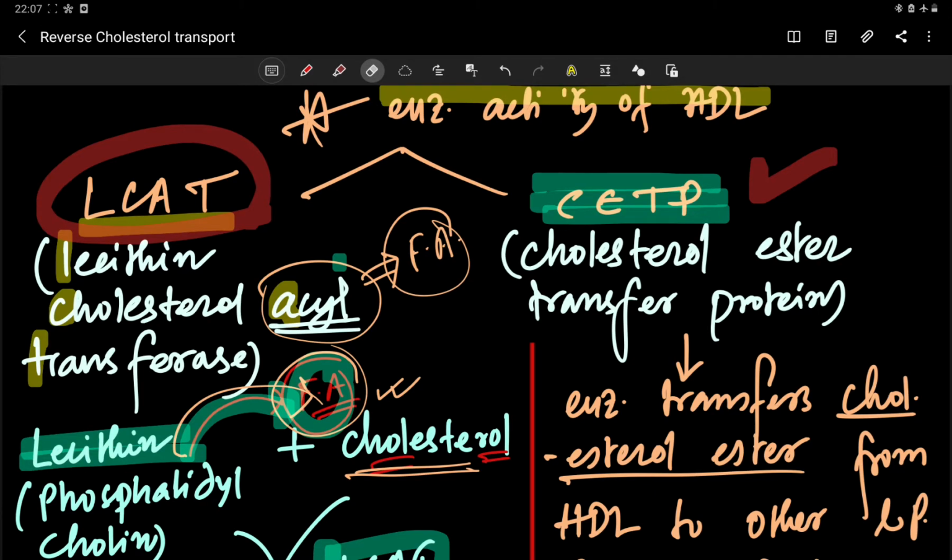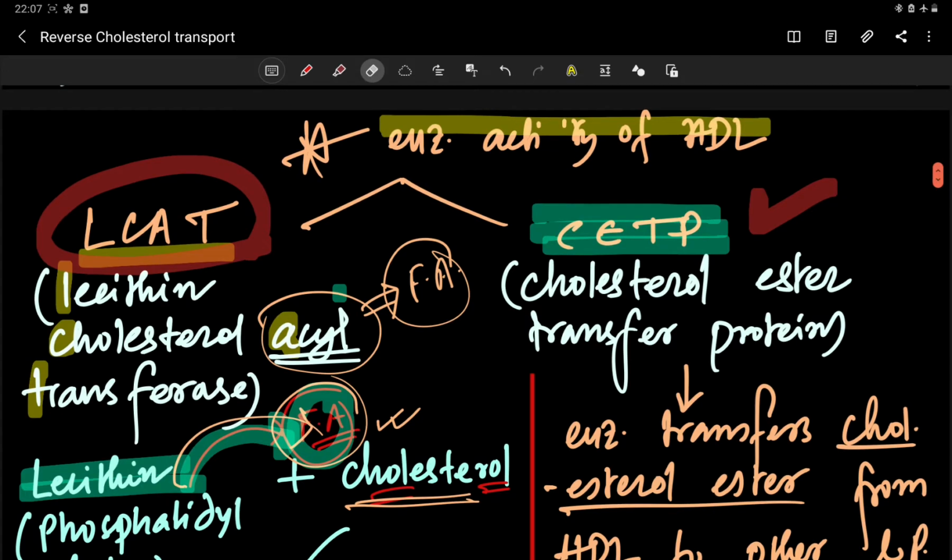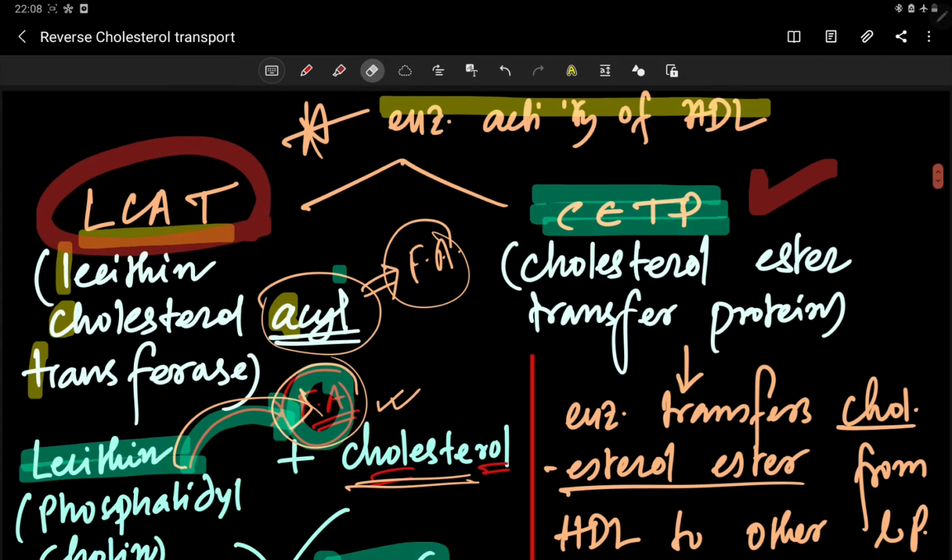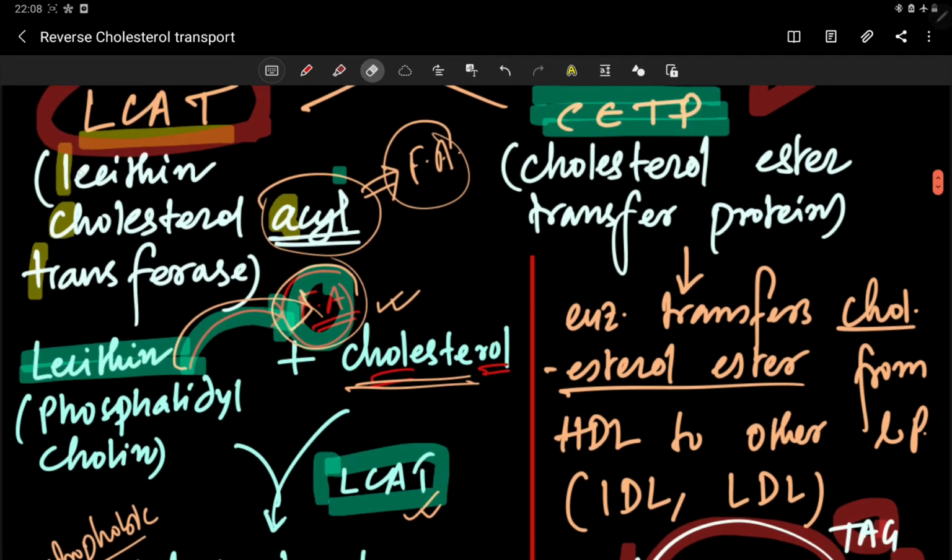So this thing I told previously, that the enzymatic activity of HDL, when I am talking about the enzymatic activity of HDL, then there are two enzymatic activities. One is LCAT enzymatic activity and another one is your cholesterol ester transfer protein, or CETP enzyme activity. Okay, so I already told that the LCAT, it is actually converting your amphipathic cholesterol or polar amphipathic